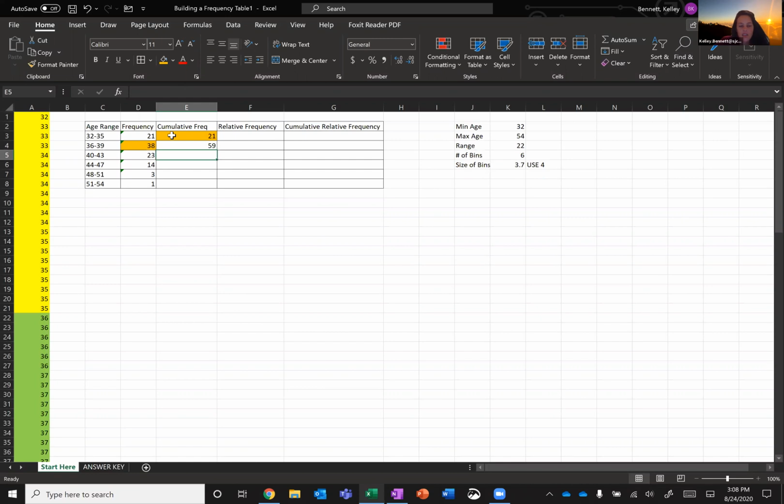And rather than doing that for every single one, Excel has this cool thing. So now that you're at your 59, what you can do is just double click. And then that copies the pattern all the way down. And this is why Excel is so useful. Well, there's a lot of reasons, but this is one that's pretty cool. Notice that our cumulative frequency ended up at 100, which is what we needed because our total here